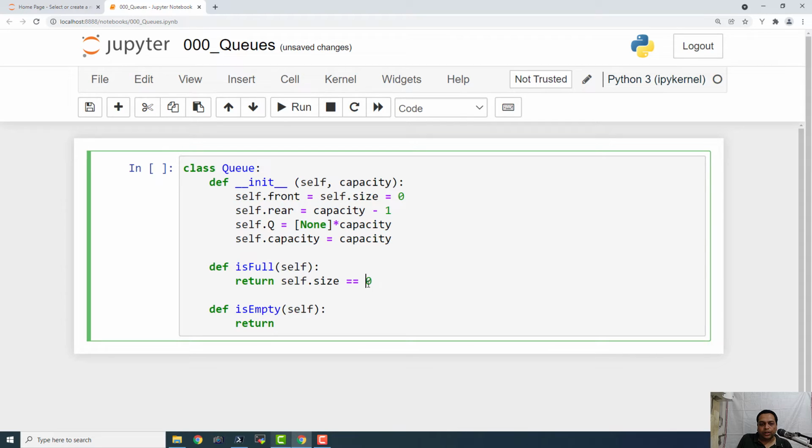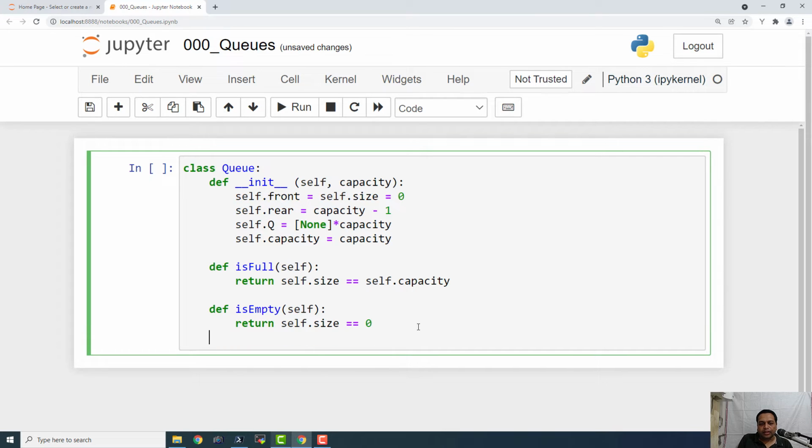Okay, so is_full is, sorry, I made that definition wrong. It should be self.size equals self.capacity, and is_empty should be return self.size equals 0. So it is going to return true or false, just like the is_full method.